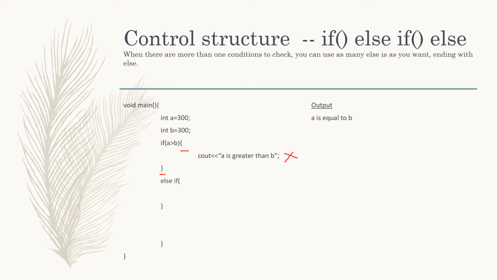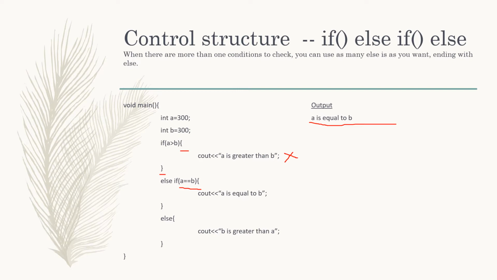Else if, this is the second condition that we are checking, is A equal to B? So remember that you'll have two double equals to check for equality. If they are equal, you will see cout A is equal to B. In this case, yes, they are equal and hence we will get the output as A is equal to B. But remember, it is compulsory to write else part, else, which is the third possibility, that B is greater than A.